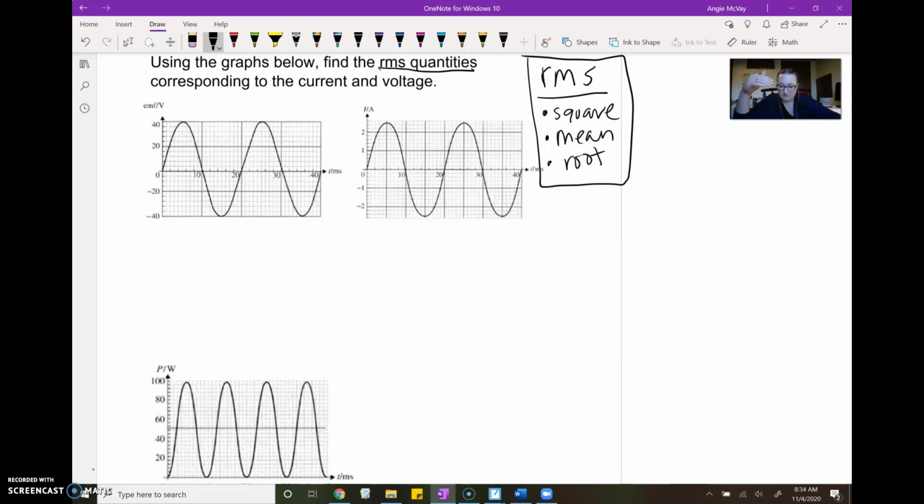First, we need to come up with a function for the EMF as a function of time and for current as a function of time. We know that they're sine waves. And as an aside here,